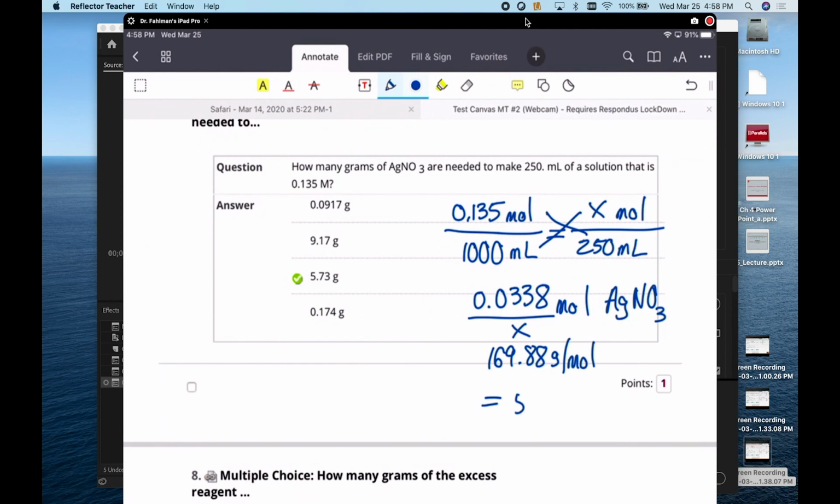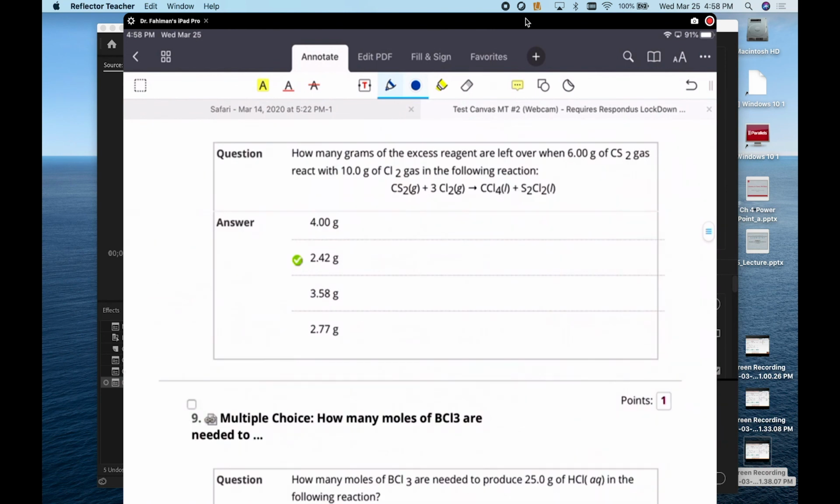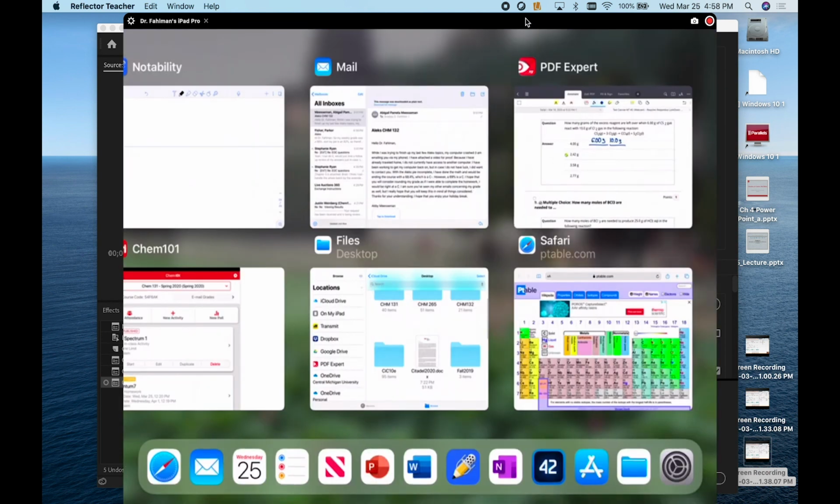And that gives you 5.74 grams, which is essentially that. How many grams of the excess reagent are left over when you have 6 grams of this guy reacting with 10 grams of chlorine? Okay, so sulfur is